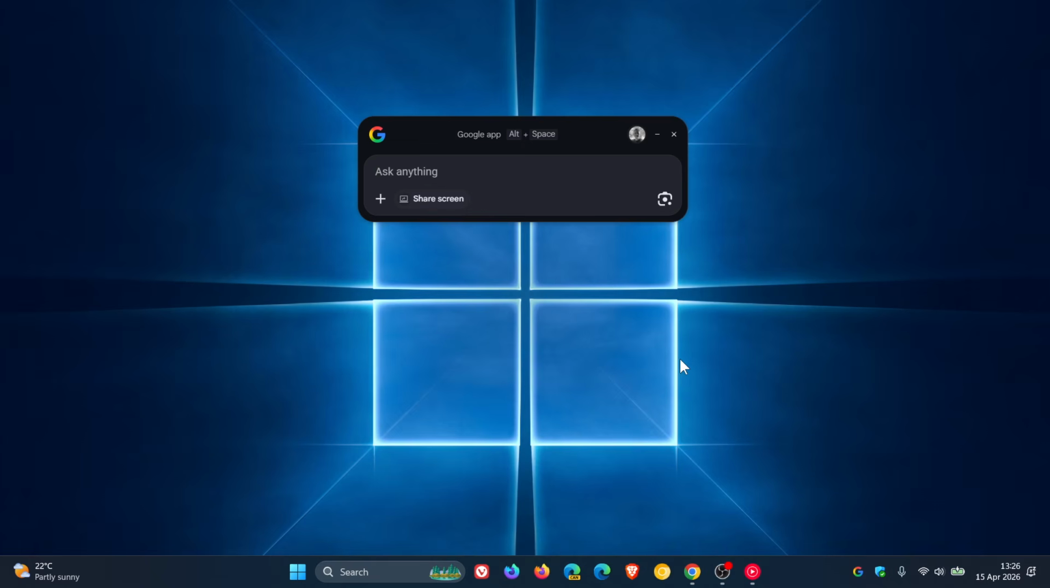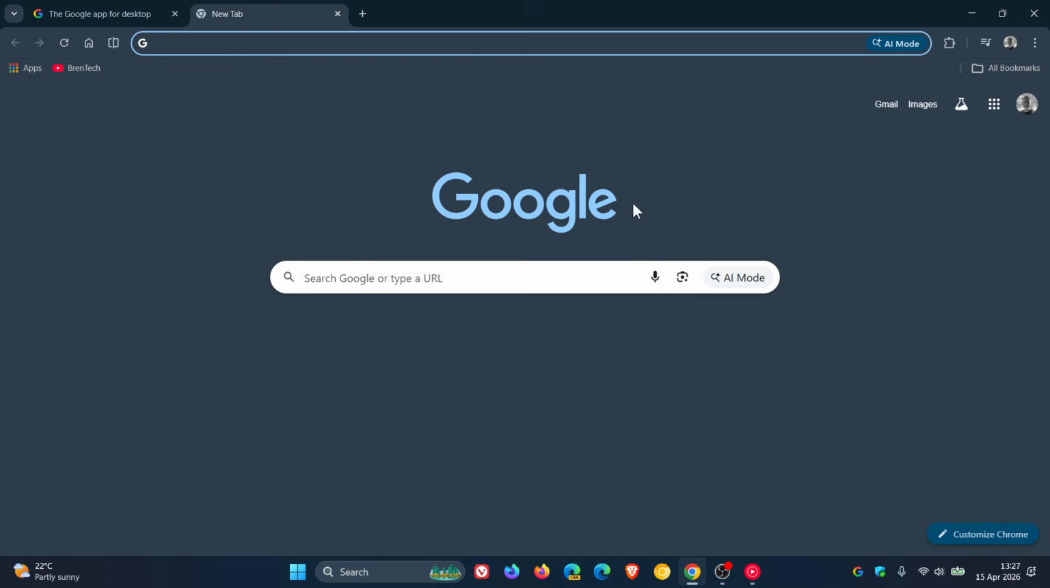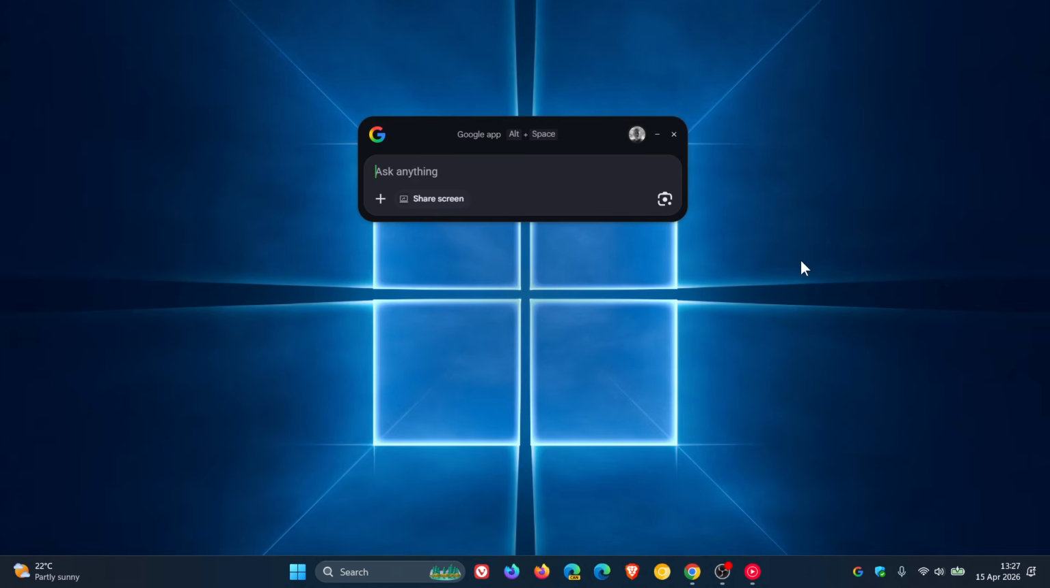Now, although this is a fresh change for Windows users to have a Google app on your desktop if you're tied into the Google ecosystem, personally, I don't see what it can do that Chrome can't do. Because if we head to Chrome, we've got AI mode, we've got Google Lens, you can search, and you've got AI generated summaries in Google Search. So at this stage, there are, I think, about 2 things the app can do that your Chrome web browser can't do. You can share your screen,